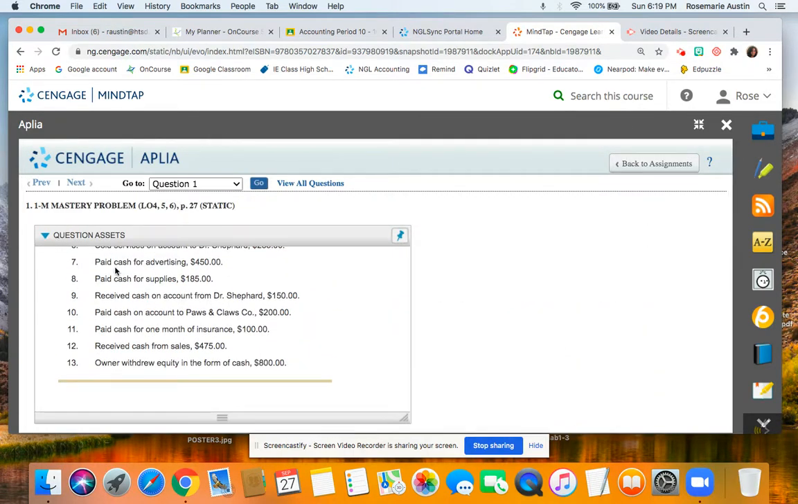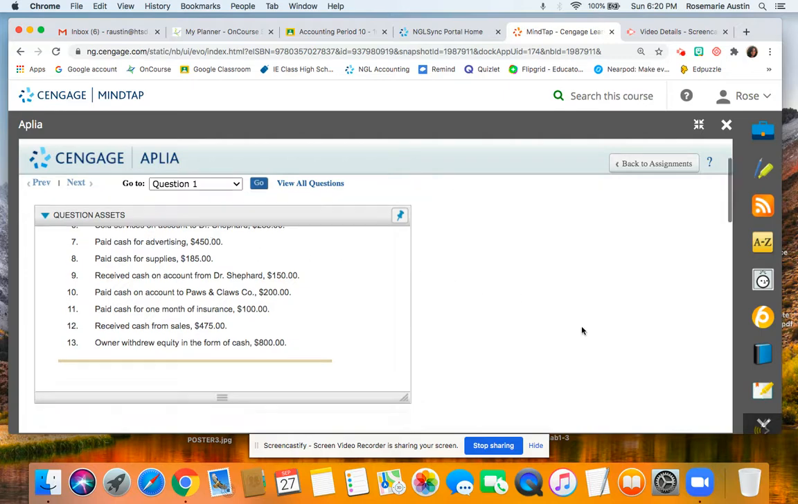All right, number 7, paid cash for advertising. You don't know this, but this is going to be practice over and over of doing the same thing again and recognizing these transactions. Advertising is an expense. You might not know that now, but I'm telling you. So you're paying cash for advertising. Cash is going to go down 450, and since it's an expense, owner's equity is going to go down by